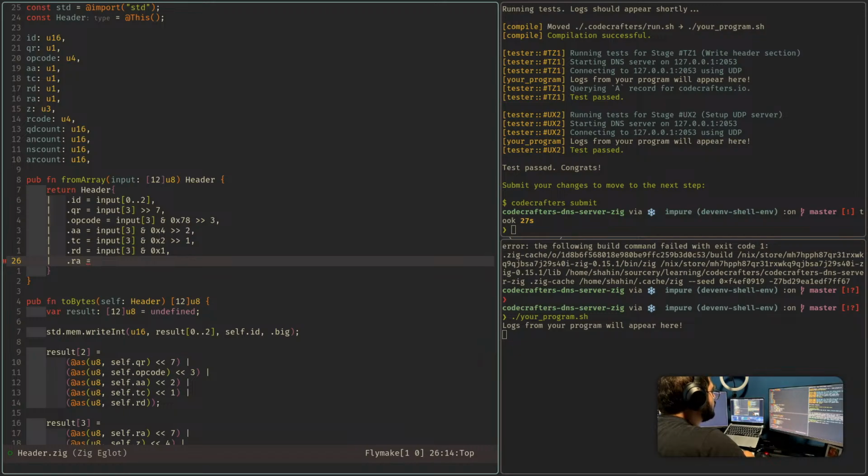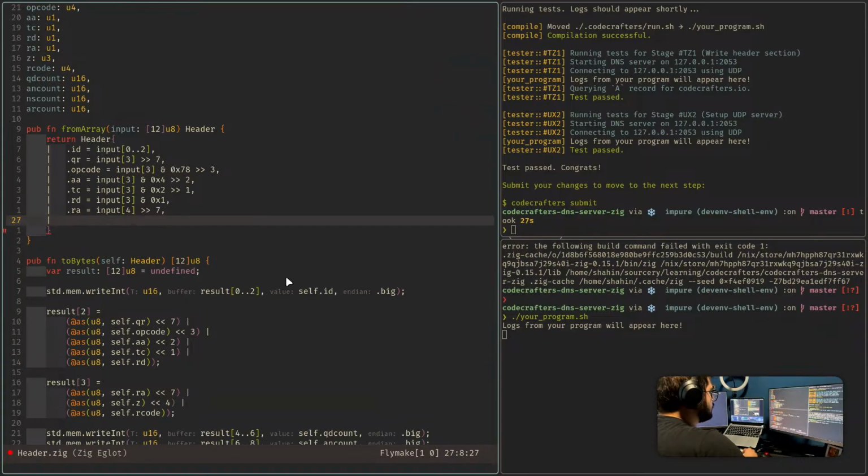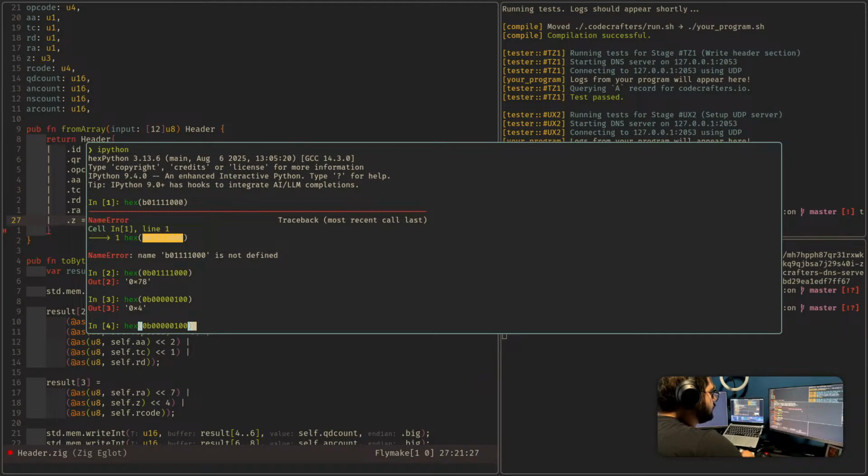Then RA is again input for the most significant, and dot Z input 4, U3. U3 means